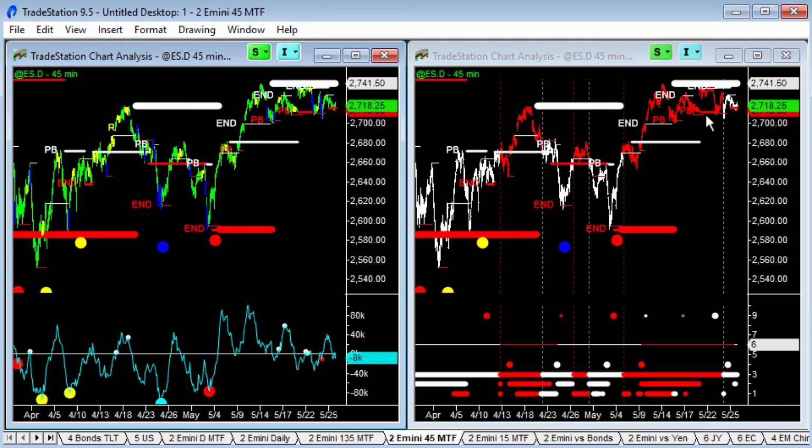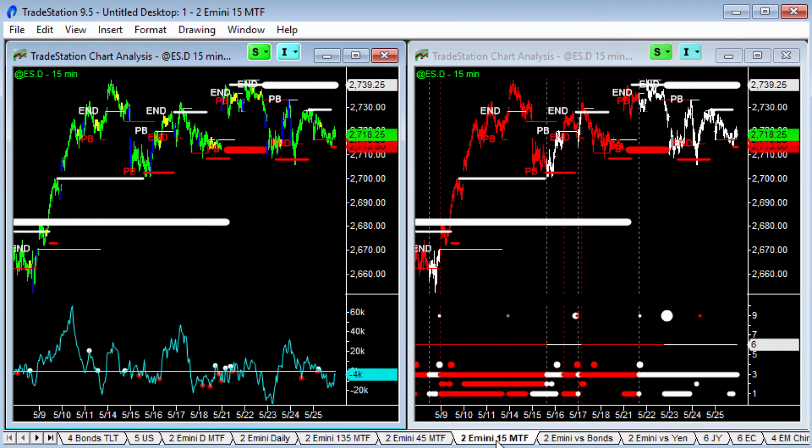Back it down another time frame, so 45 minutes, so 135 divided by 3 is 45 minutes. So here we've come up to cyclical resistance, pulled back to end of trends, pulled back to end of trends here, cyclical resistance, and we've got the first little sign of weakness happening here on the 45-minute chart. Then going down a time frame again, divide that by 3 to the 15-minute chart, and here you can see we've had pullback to end of trend on the highest time frame, on the lowest time frame, and all this weakness starting to come in over the last several days. Bang, bang, bang, all white bars here, and it's showing that the supports at 2713, 2710, around there. If we start to break that on the downside, then we'll start to move into a strong downtrend